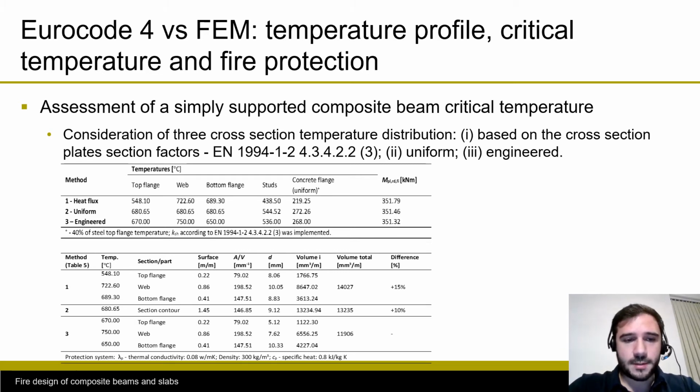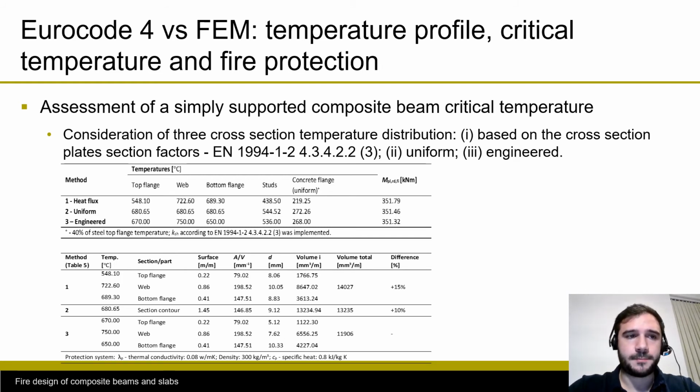Although the 3 approaches consider different temperature profiles for the steel element, they do provide a very similar plastic bending resistance, as can be seen in the top table on the right. So a generic protection system was considered, which was also later used for the numerical studies. And for each one of the approaches, the protection system volume was calculated, and it was concluded that the so-called engineered approach could allow for savings in the protection system volume up to 10 to 15%, which is attractive for